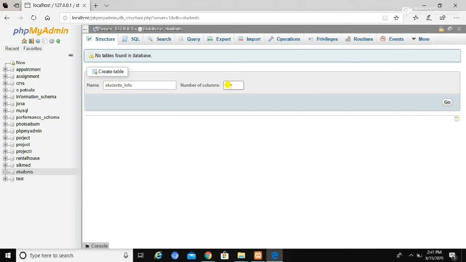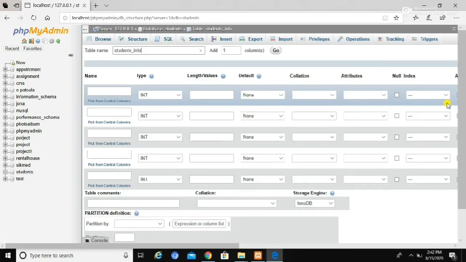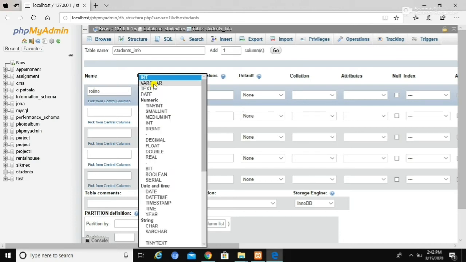Here I am going to select the number of columns as 5, and after selecting the number of columns we need to press the go button which is in the right hand side corner. So this is the UI from where we can create our columns for that table.